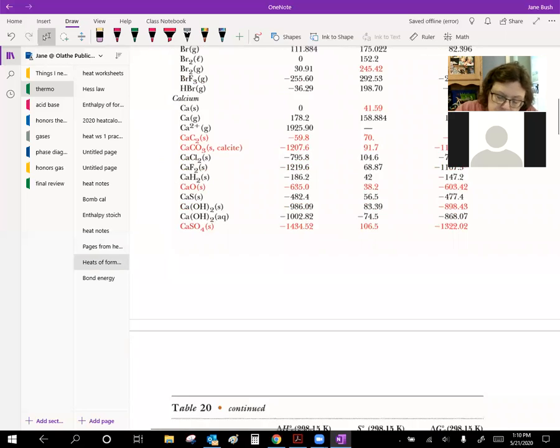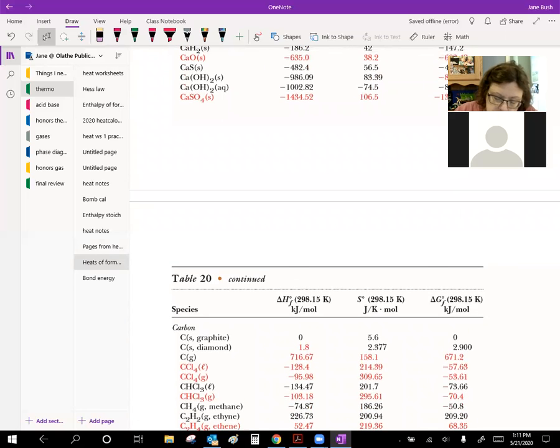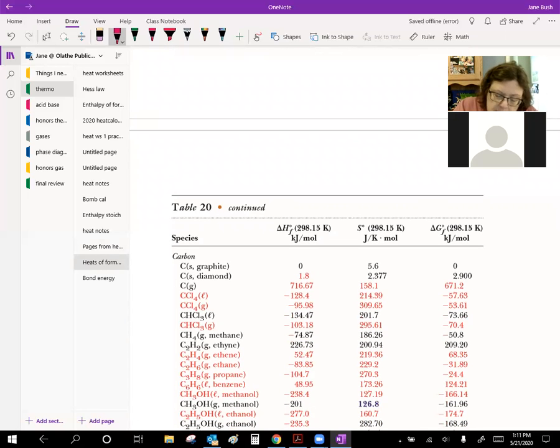These are all elements that are ions and stuff that are positive. Here we go. Ethene, which is C2H4, is a positive. I don't know why there's a difference between this guy and this guy. Oh, because this guy's ethyne, C2H2, and this is C2H4. That's my issue. Those are both positive,